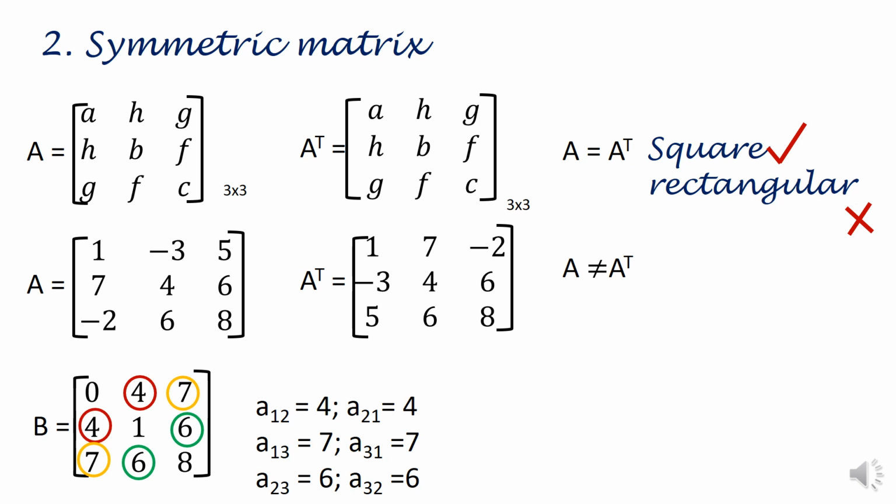So thus leaving the diagonal, all the other elements present in the corresponding positions, here we can generally say that aij is equal to aji. So just by observation, you can see that the elements present in the corresponding positions are the same. Thus B is a symmetric matrix. So here we did not find the transpose of B, but just by observation also we can say whether the matrix is symmetric or not.